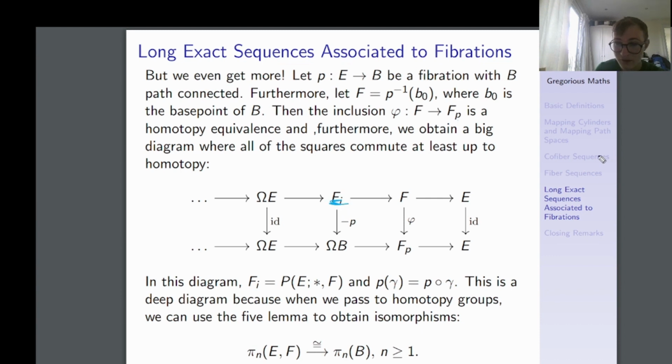Fi, this right here, like we saw before, is just this path space of paths which starts in E and ends in F. P applied to gamma is just P composed with gamma. And this is a really nice diagram because if we apply homotopy groups everywhere,